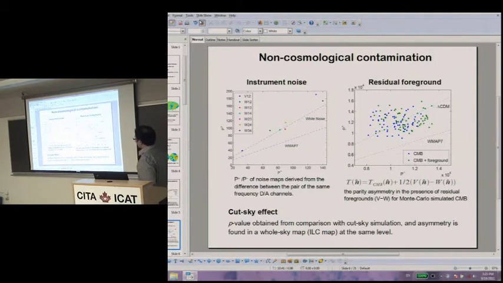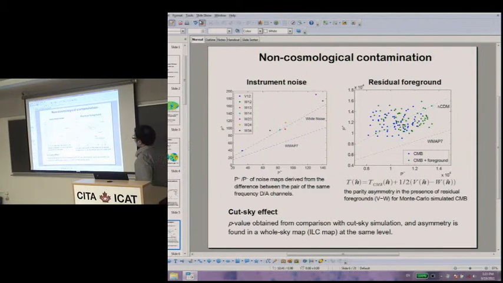And so another one is a residual foreground. So we subtracted the foreground with the W band from the three band, because the three and W band are where the data maps or power spectrums are estimated. So we are trying to mimic what the W team did as much as possible and added the simulated CMB and plotted it here. Still, it's very unlikely that such a ratio presents a residual foreground.